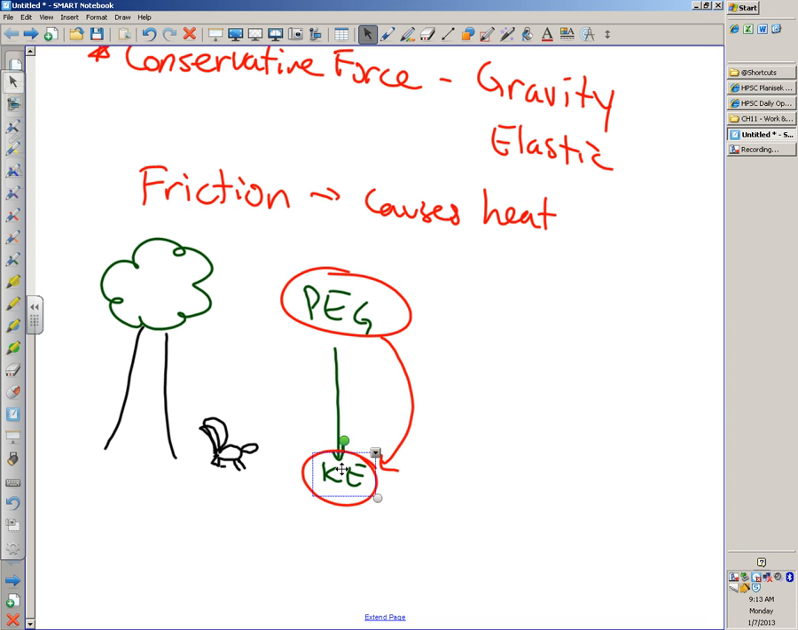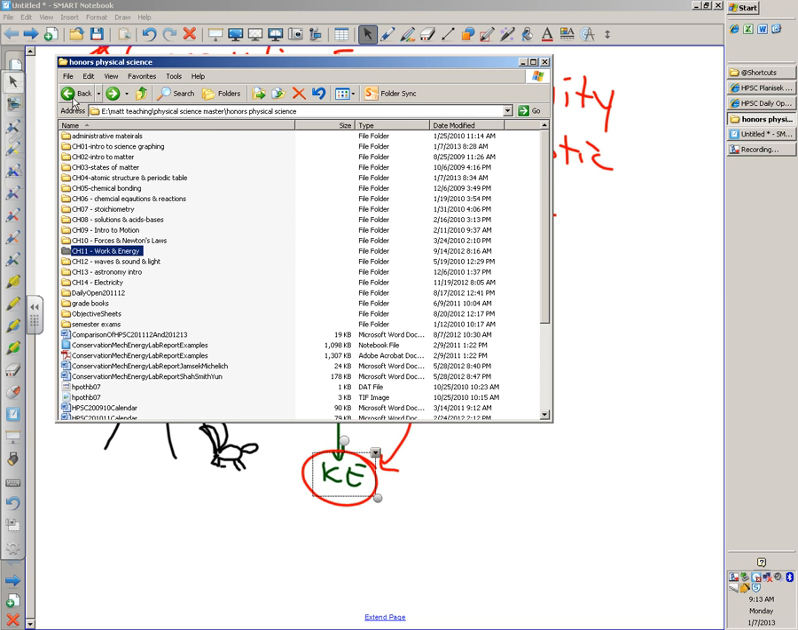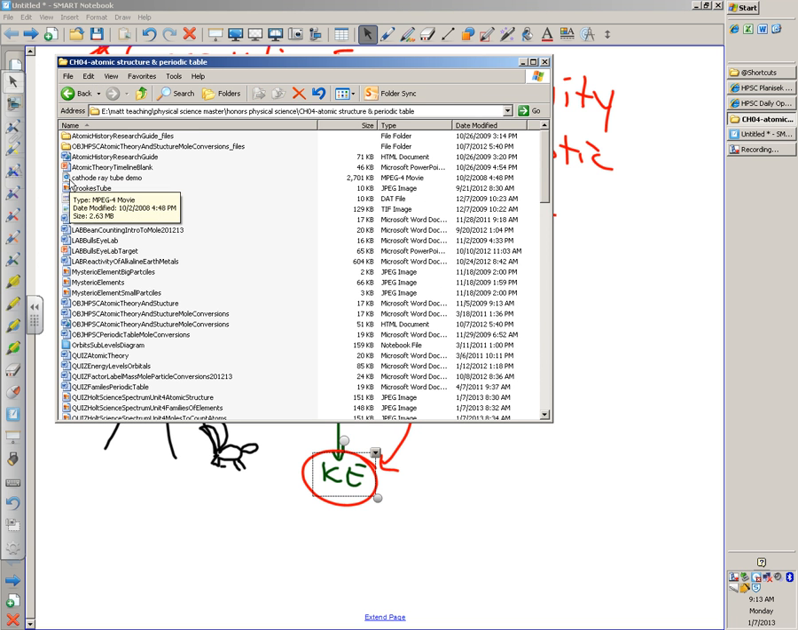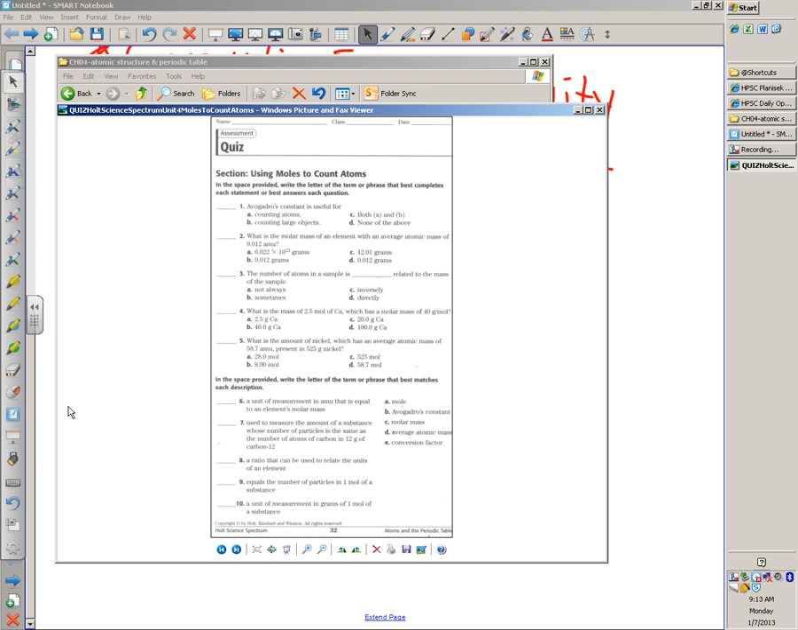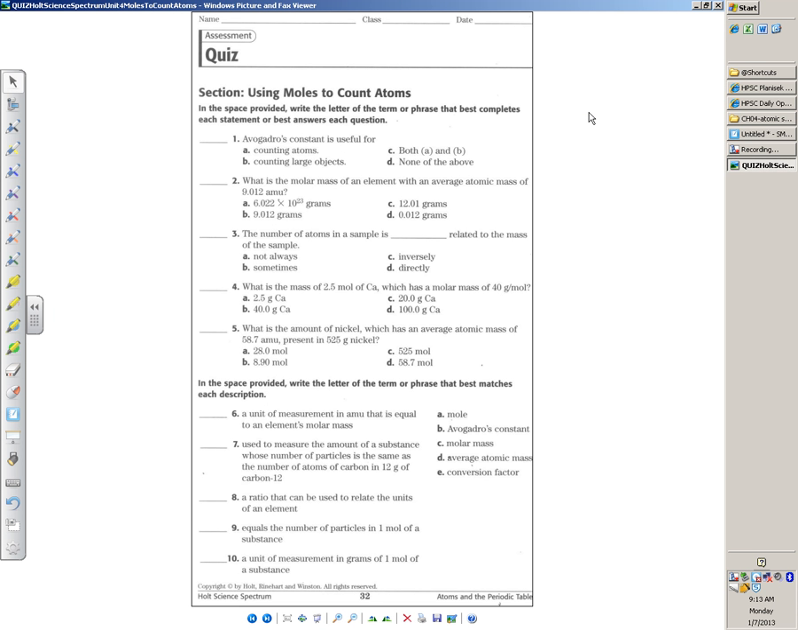Any other energy questions before we move on to another topic that people have asked for? Good on energy so far? Okay. A lot of people asked about the mole stuff, so why don't we go there next? Okay. Let's go here. All right. So,